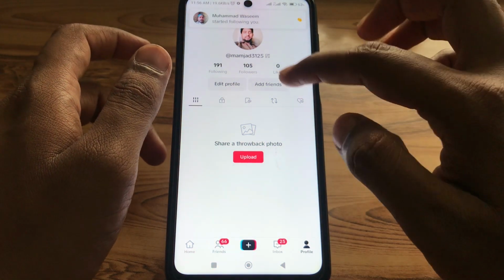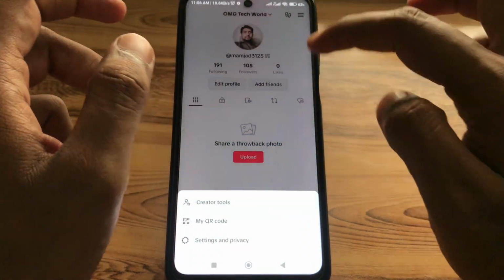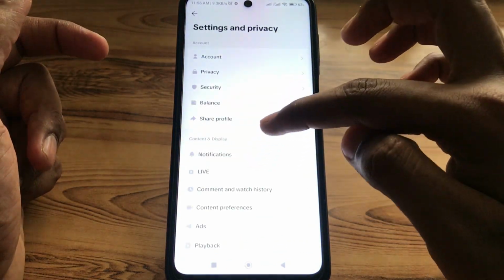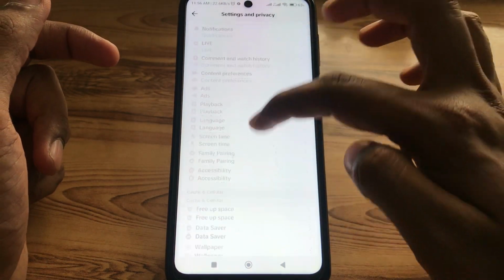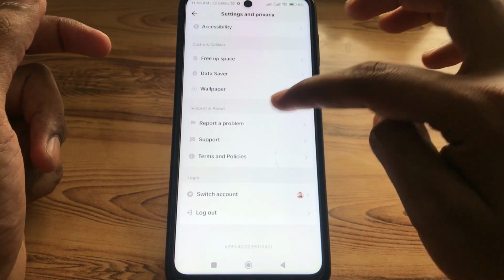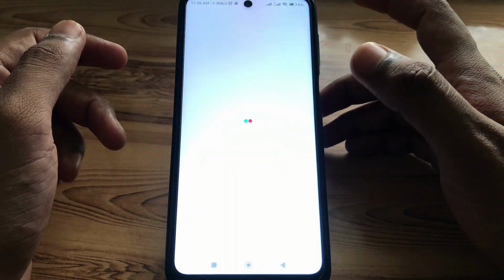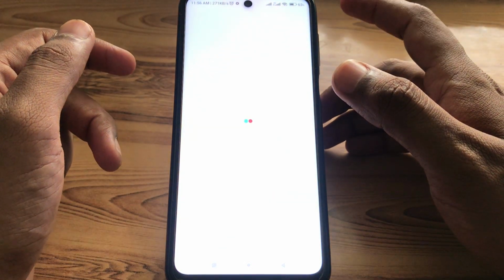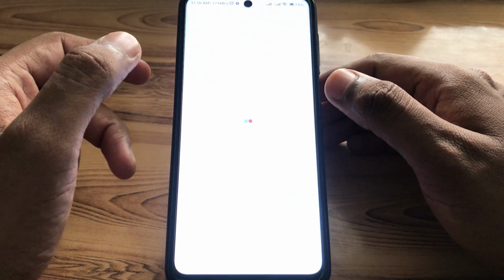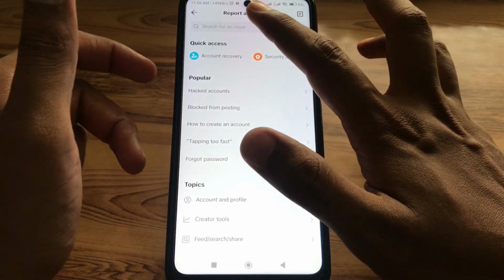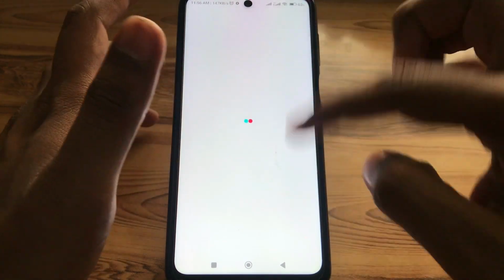So the next method is that you have to simply click on three lines, and after that you have to click on settings, and after that you have to scroll down, and here you have to search for report a problem, and you have to wait for some seconds so that it can be loaded. And after some seconds there will be an interface shown, and you have to search for that problem, which is the